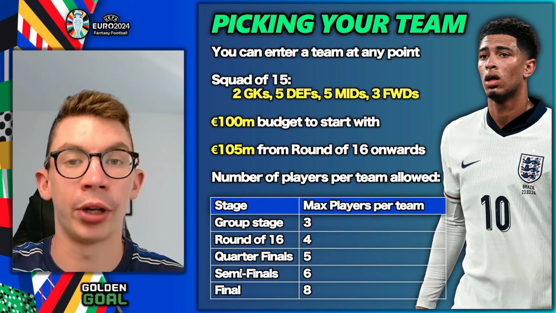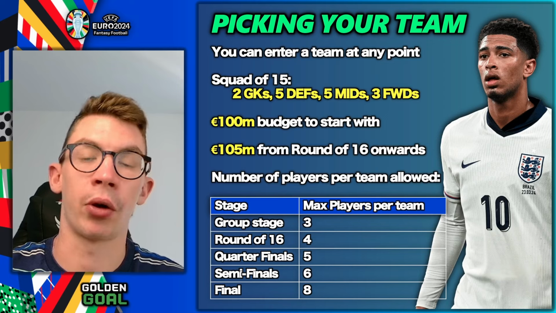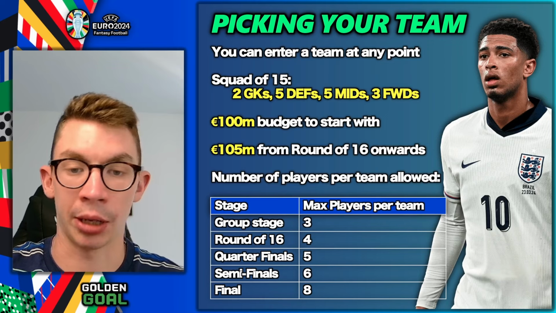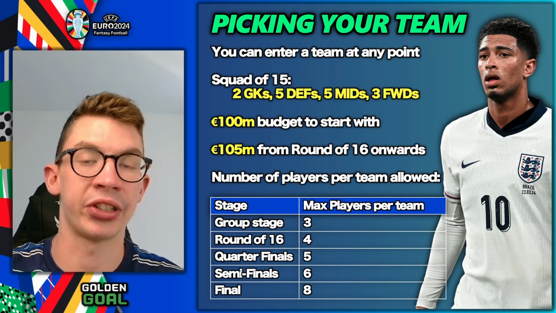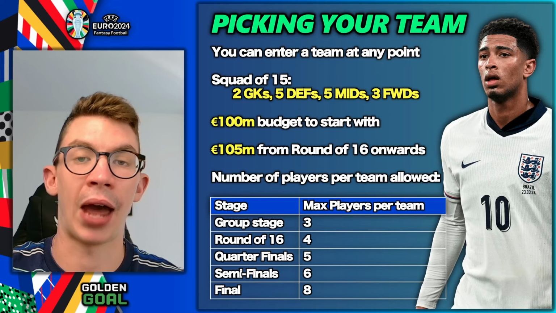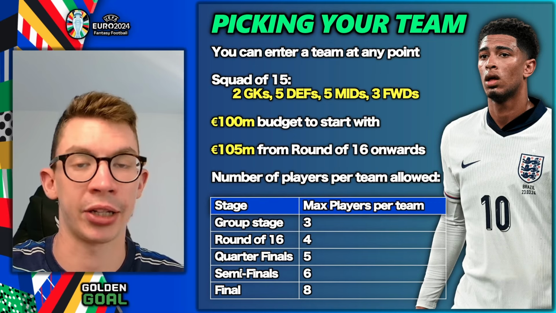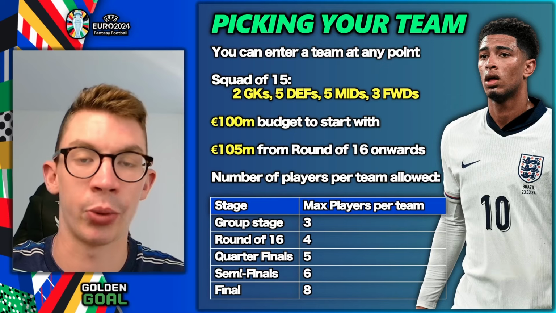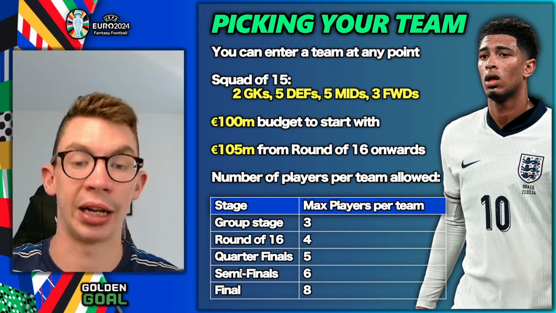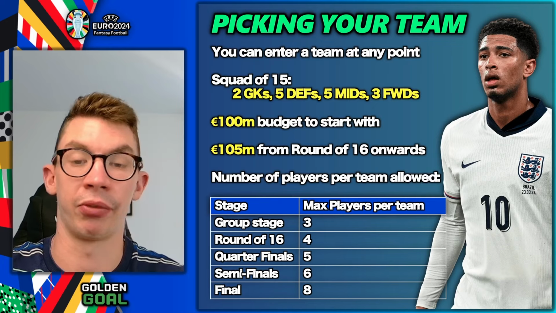There is a limit on the number of players per team that you can pick. So in the group stage, you've got 3 players per national team that you can pick. Round of 16, that rises to 4. Quarterfinals is 5, semis is 6, and then the final you can have 8 players per team. I think naturally that makes sense, right? Because as you progress through the tournament, fewer teams are available to pick from. So I think that's quite a nice way actually of building up the numbers. And certainly for the semi-finals and finals, you're going to need to get coverage from each team that's